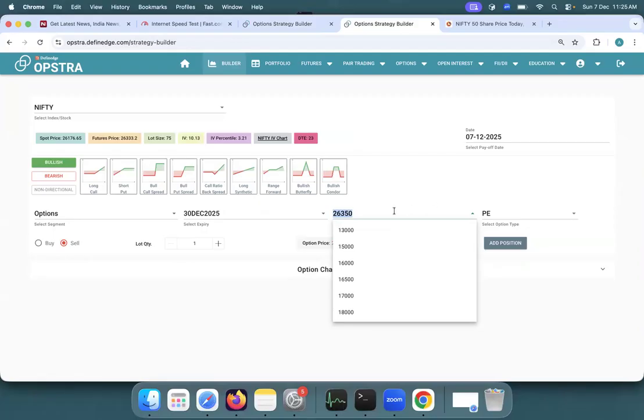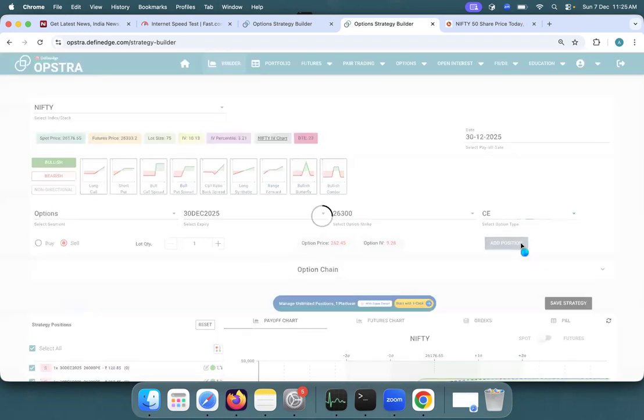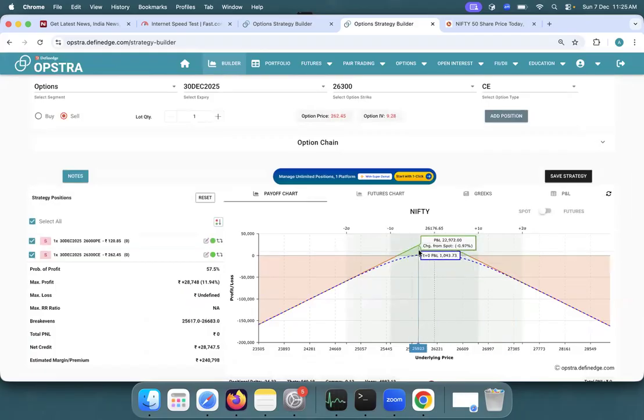So for example, your view is that the market will stay between, let's say, 26,000 and 26,300, for example. Let's just take this view. Now your view was that the market, let's say, will remain between 25,600 and 26,600. So let's say you have a view and you created